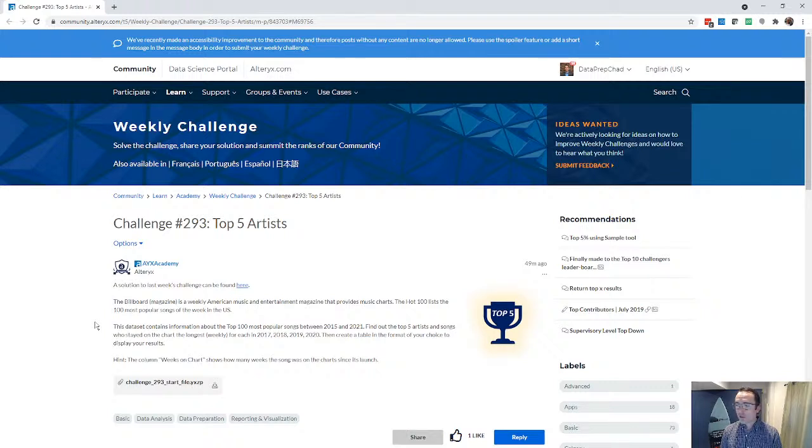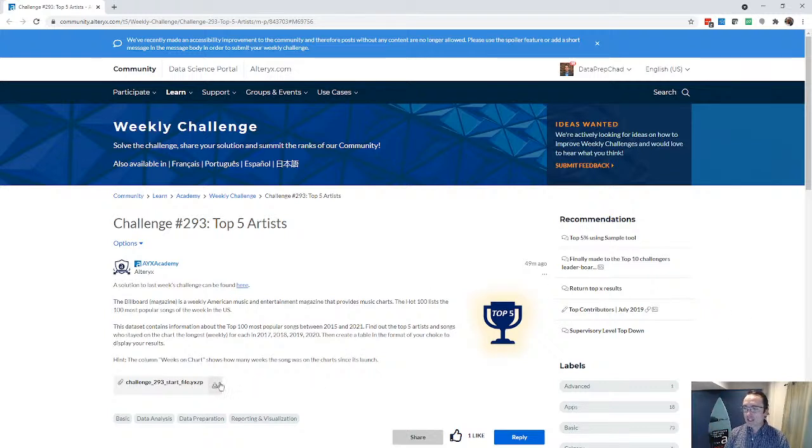So we do have a few hints here. Now, there's a couple things that I'm noticing right out of the gate is that it's asking for weeks 2017 through 2020, even though the data is 2015 through 21. So immediately that tells me I can reduce the data I'm working with. I can filter out certain data without even looking at this. Without even seeing this, I can filter out some of this data in order to make my workflow more efficient.